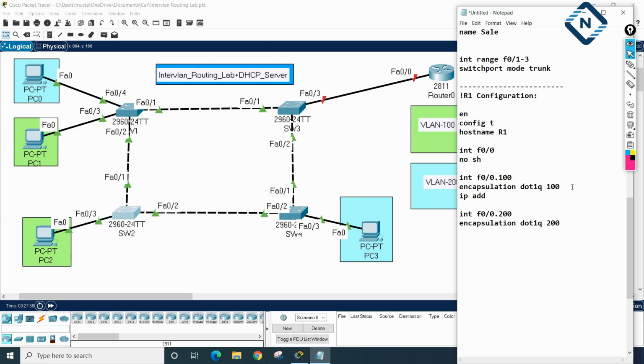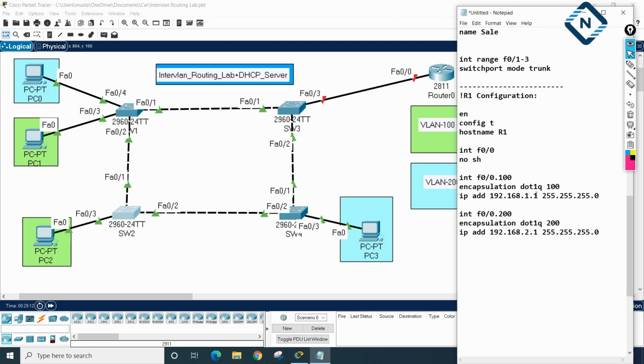As an example, I will take 192.168.1.1, 255.255.255.0. Okay, and let me copy this here also. From here I will put this one, and here I will take 2.1.